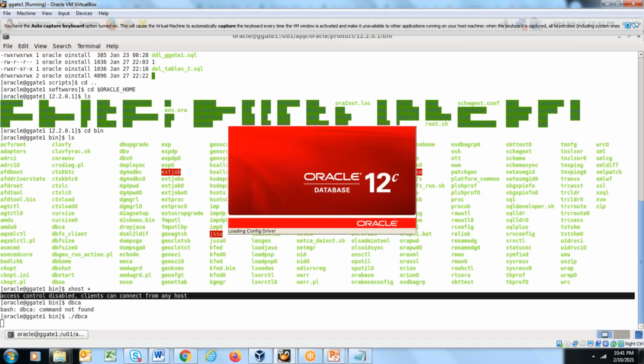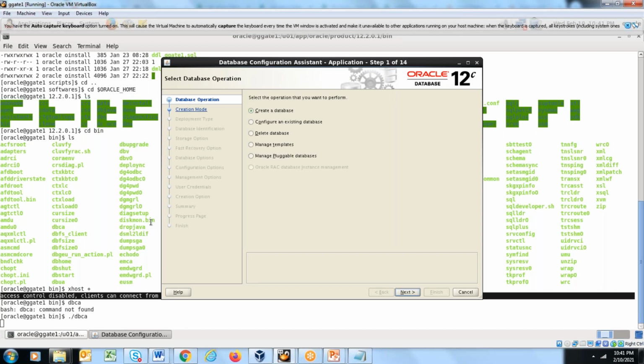On GGate1, I have created the database with the name OGGDB1. Container database name is OGGDB1, and pluggable database name is PDB1. On GGate2, you can create the database as OGGDB2 as container name and PDB2 as pluggable name.